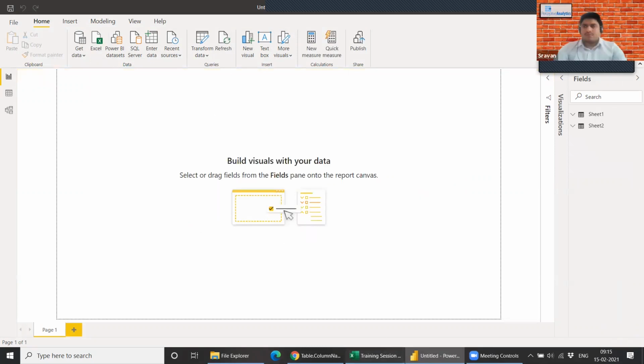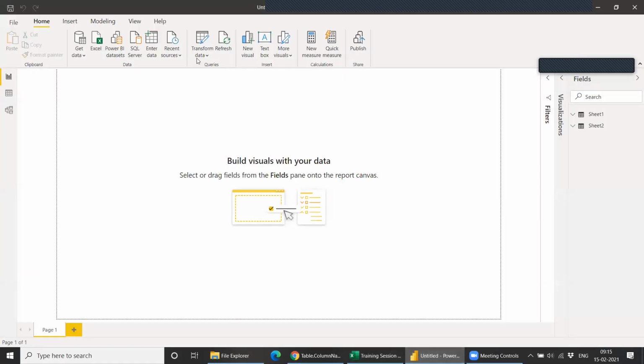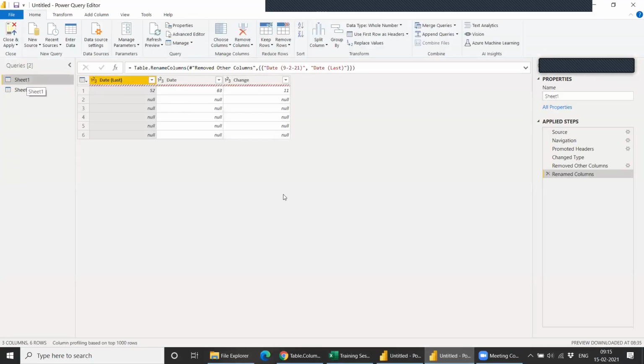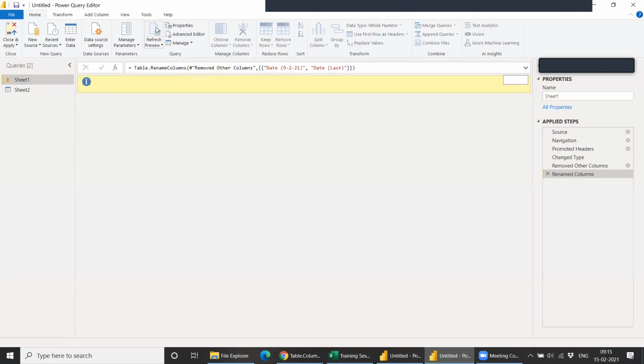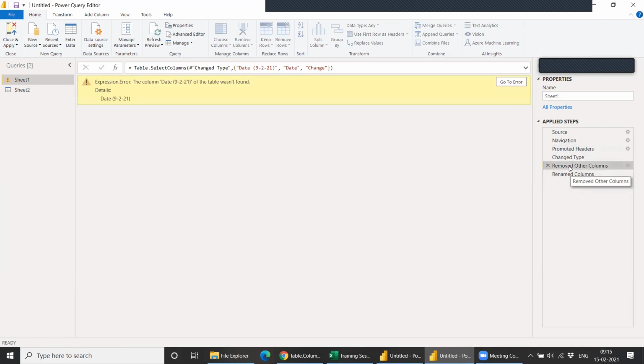Now let's say when we loaded, the date was this. After some time, the date got changed, so let's say it's changed to 11, and we save this file. If I go to transform data here and do a refresh preview, you can see we are now getting an error because it's not able to find that column name. The column name has now changed to 11 instead of 9, so it's giving the error during data loading itself.